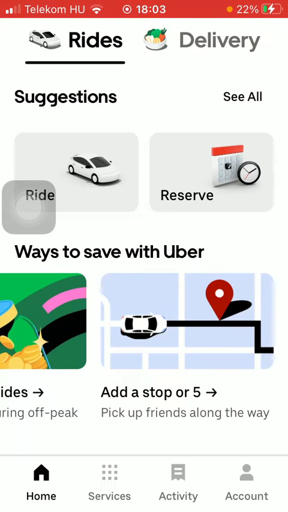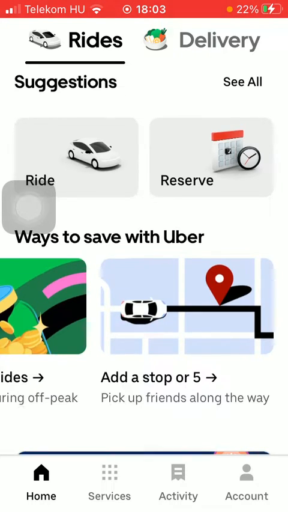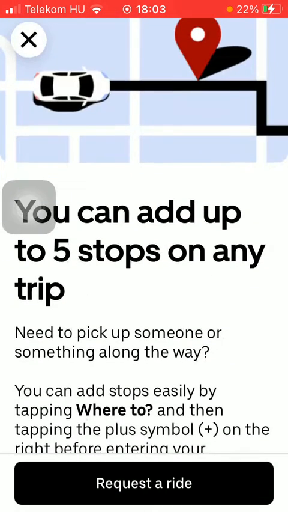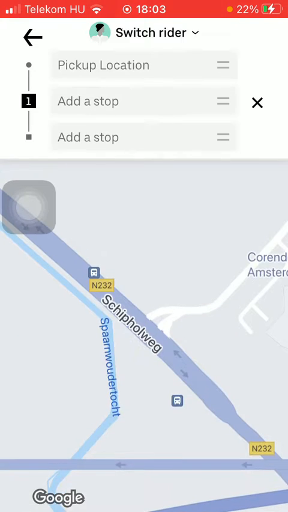First of all, open the application on your phone. Then you should click on the home button down below in the left side corner of the page, tap on ride. And here you have the ways to save with Uber section, and click on add the stop or 5, click on request a ride, then you should set your pickup location,